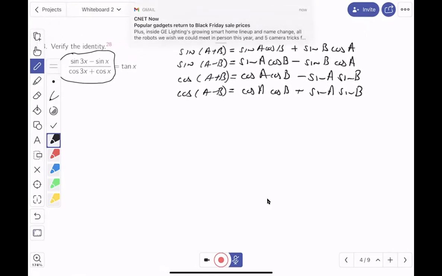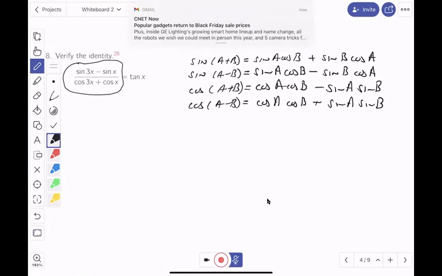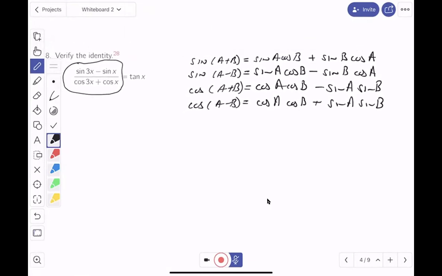Here's the deal, though. I'm looking at the top, and it's a difference in the sine values. So what I'm going to do is write down their difference now. So I'm going to write down sine a plus b minus sine a minus b. And what's that going to give me? That's going to give me 2 sine b